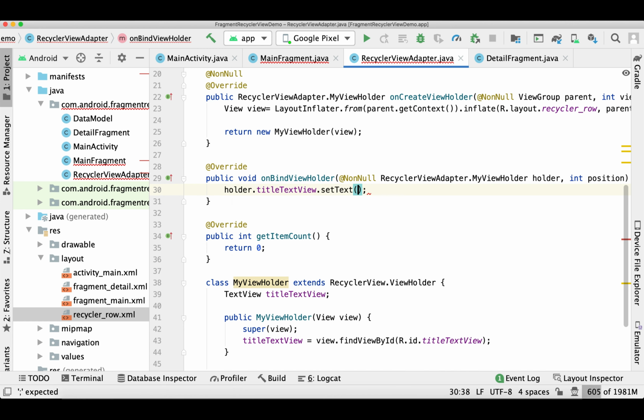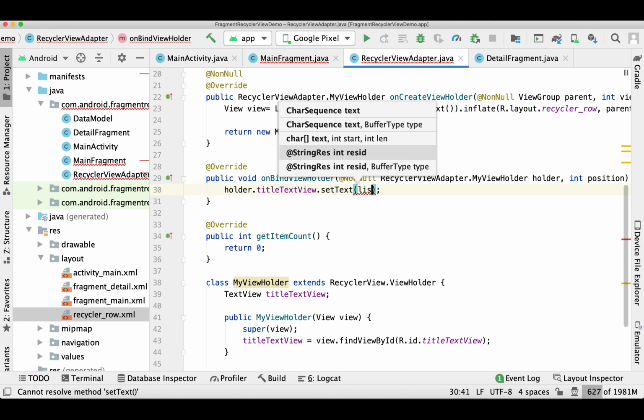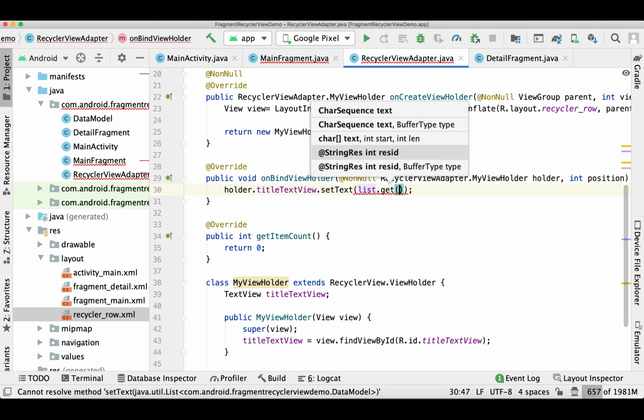Here in the on bind view holder function we'll set the text which is available in the list.